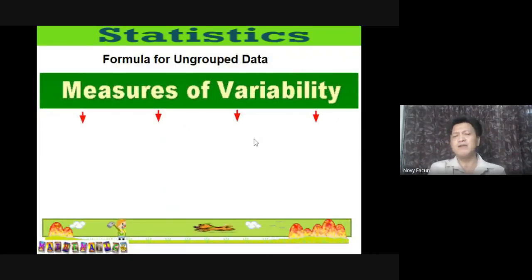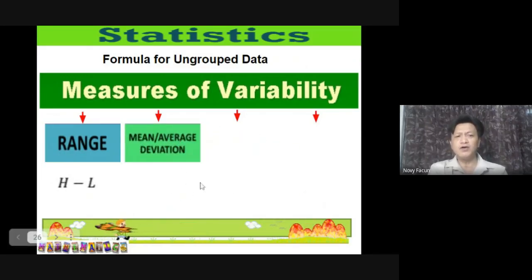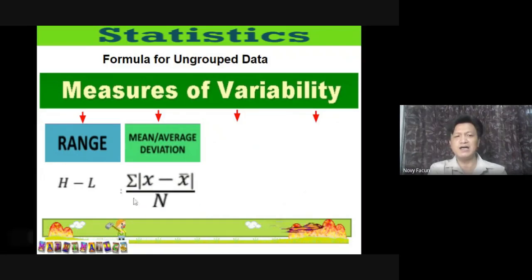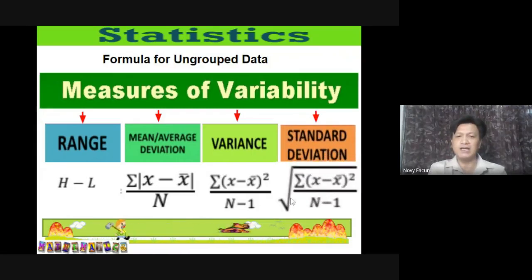So with that, let's summarize, no? So for the formula for ungrouped data, the measure of variability, we have the range. Ito yung formula natin, highest minus lowest. And for the mean or the average deviation, that is the summation of the mean deviation divided by n. For the variance naman, that is summation of the square deviation divided by n minus 1. And for the standard deviation, that is the formula, square root of the summation of the square deviation divided by